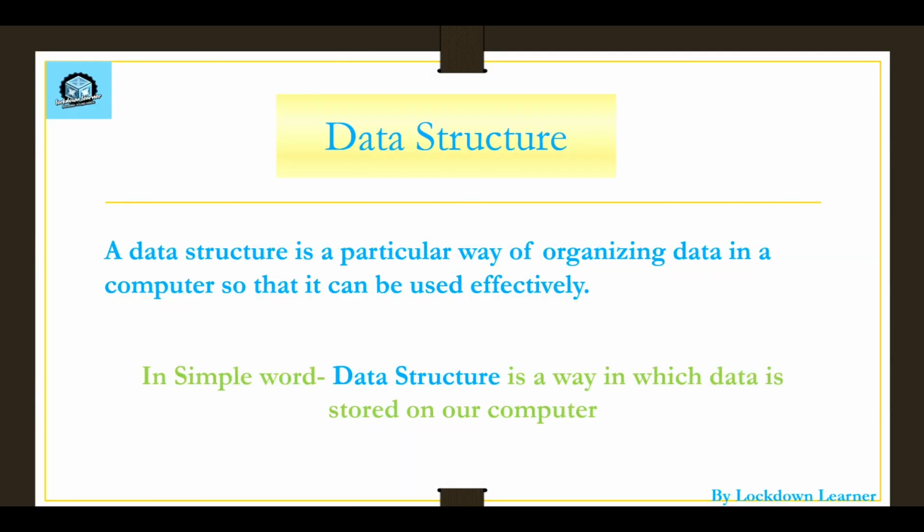Data structure. A data structure is a particular way of organizing data in a computer so that it can be used effectively. If you are not able to understand this line properly, you only have to see the phrase organizing data. When you are downloading a file, say I have downloaded a song named Senorita. When I am finding that Senorita song in downloads, I know it will come after A, B, C, D and so on, and S will be somewhere down. Okay guys, so this is organizing data.